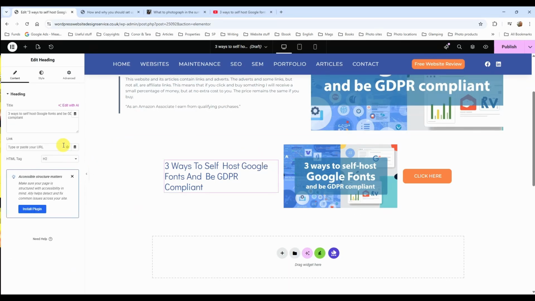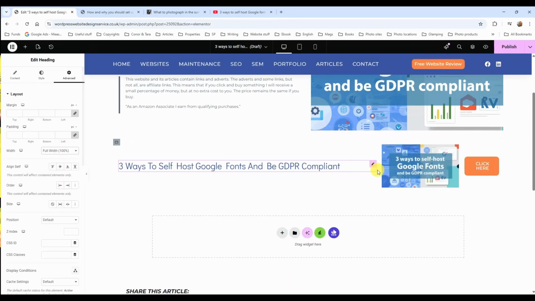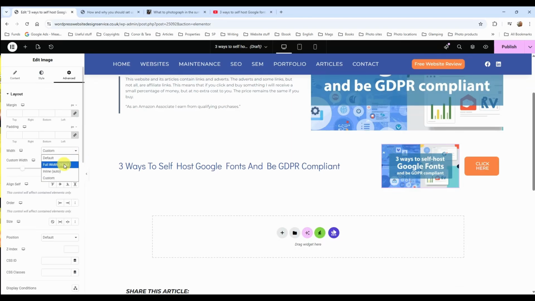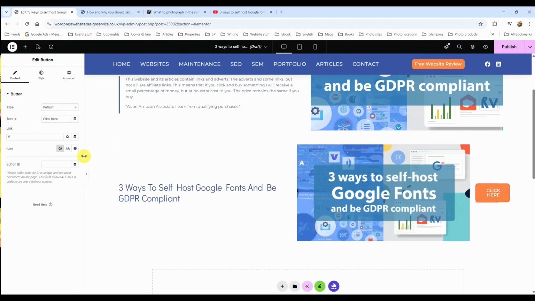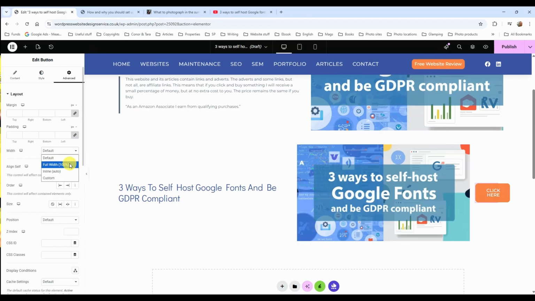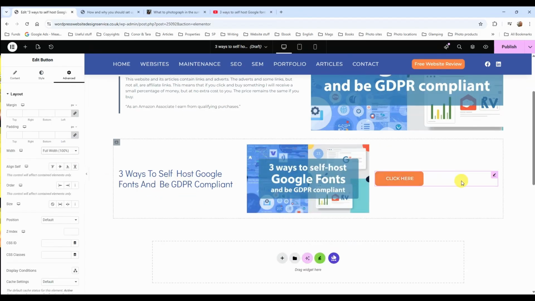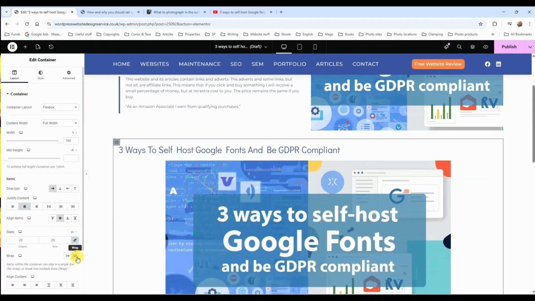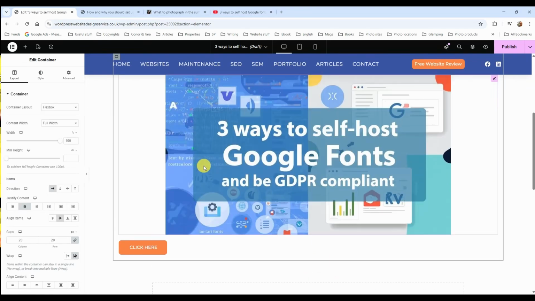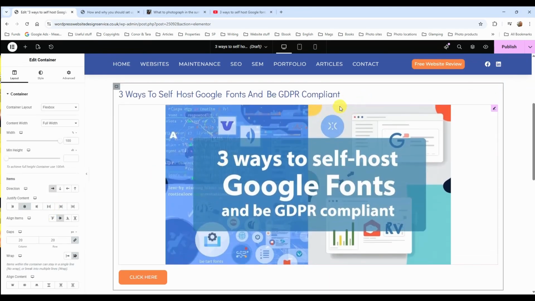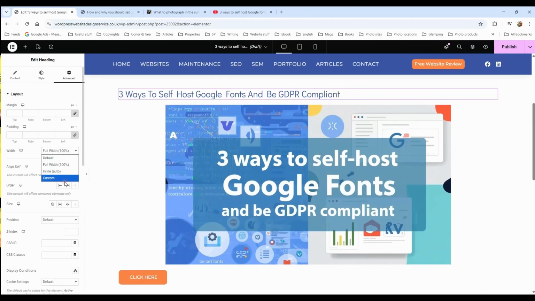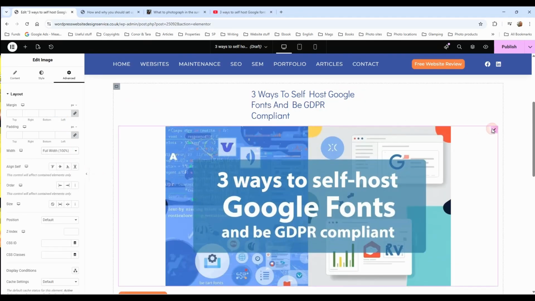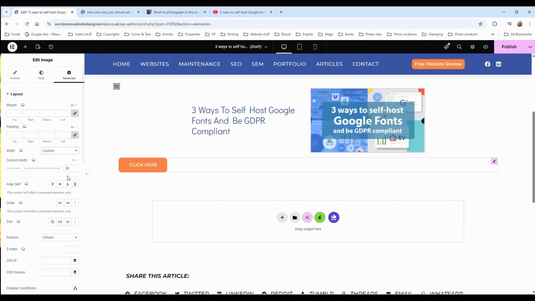If you try to make this 100, make this 100, and you make this 100, you can see no matter what you do, they're always going to stay in a row. But if you want them to wrap, then you select wrap. Now there are 100. Now they're flowing like this, but we don't want it like that, do we, necessarily? So what we're going to do again is go back. So if we put that back to its custom 30, 30,